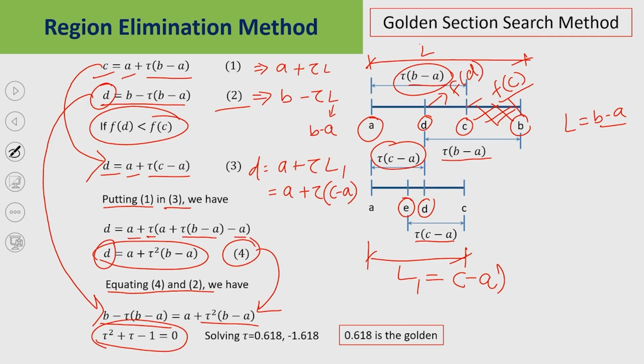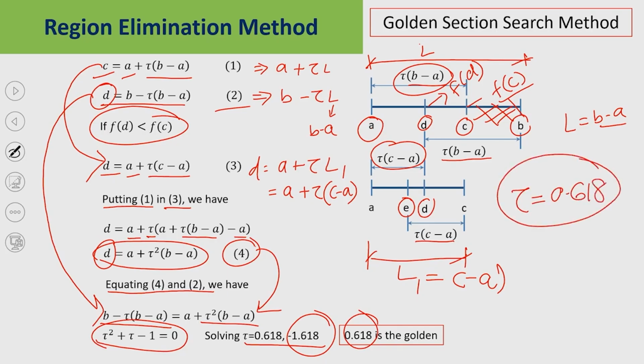And if I solve this equation for tau, what is the value of tau? Tau is 0.618 and minus 1.618. Now, the tau value cannot be negative. Okay. So, that ratio cannot be negative. So, the possible value is 0.618, and you just see this is nothing but the golden ratio. Okay. So, therefore, if you are using tau equal to